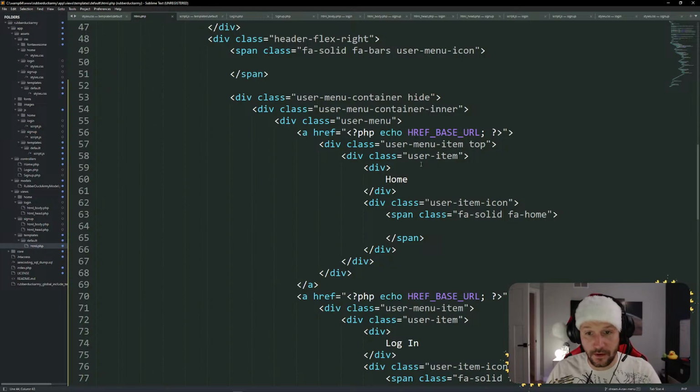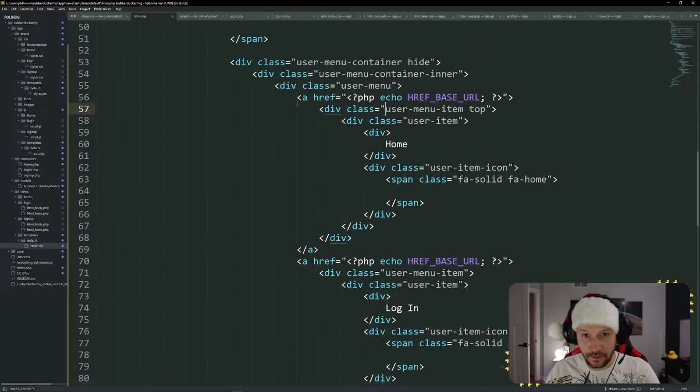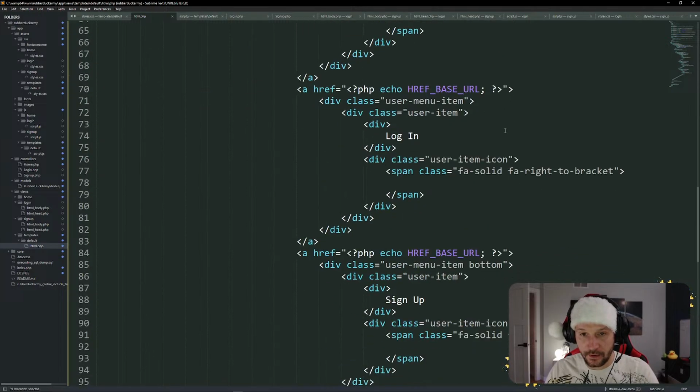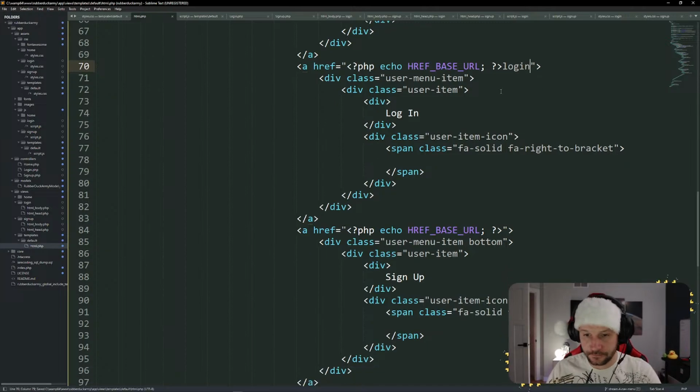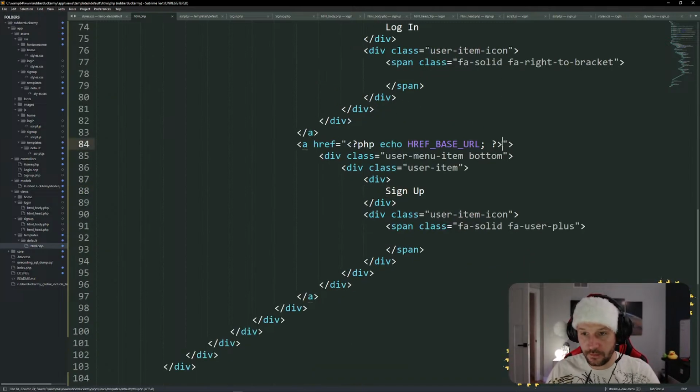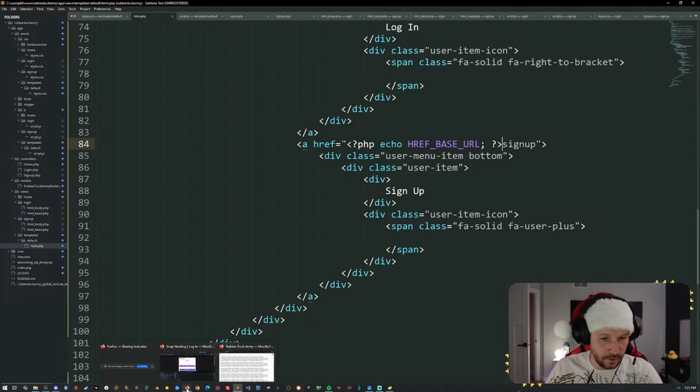Updating our user nav, gotta update that. Remember the A tags we added here? Well, now we can add on our controller. So login is base URL / login. Sign up is base URL / sign up. And if we've done everything correctly,